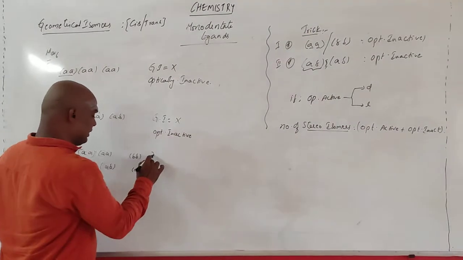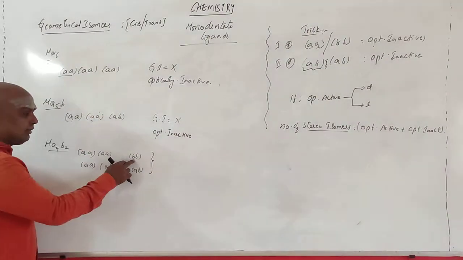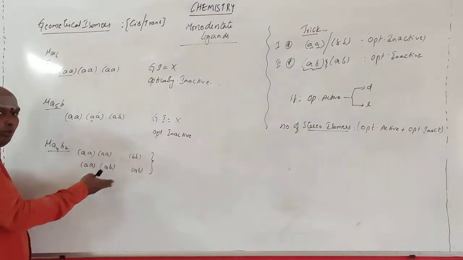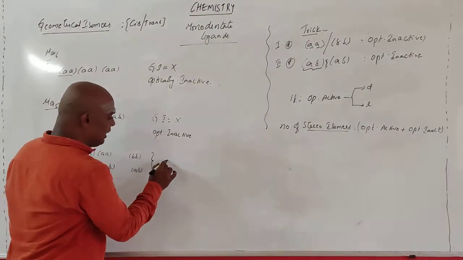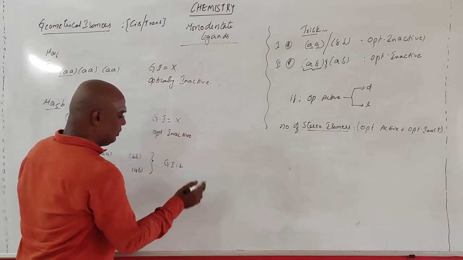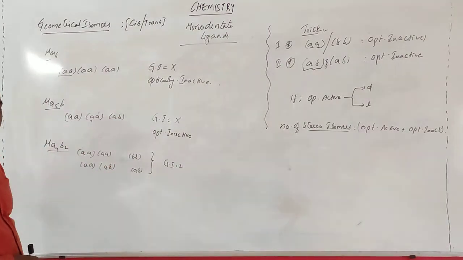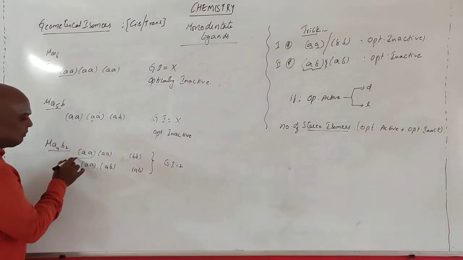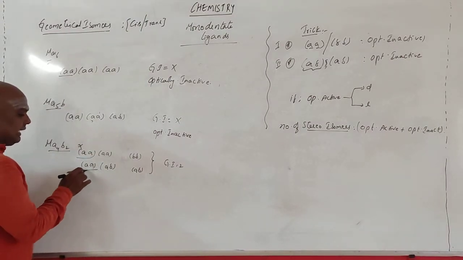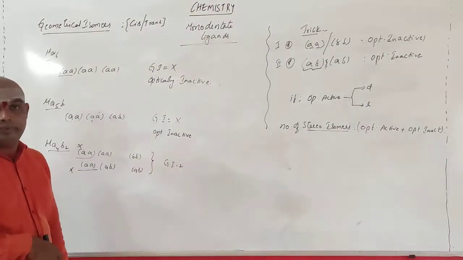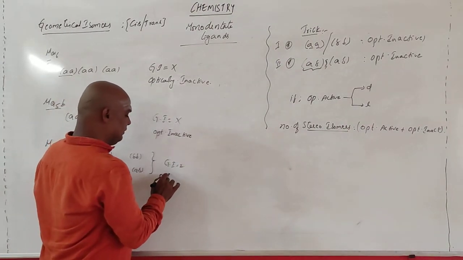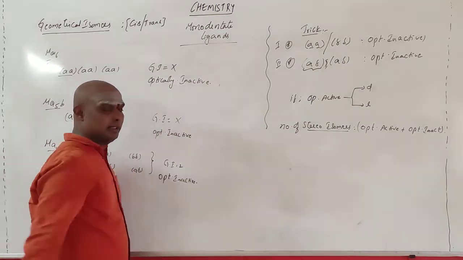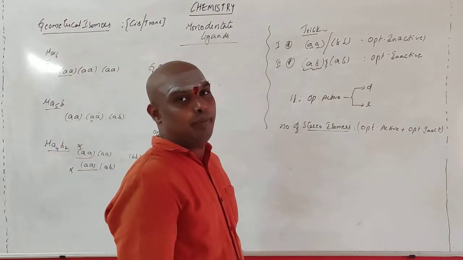So geometrical isomers. If we exchange this one with this one, what happens? It becomes AB. Same set will be repeated. So geometrical isomers are 2. Right. Optical isomers are present in this AA set present. So this is optically inactive. Then AA is present. Optically inactive. Right. Optically inactive complex. This is MA4B2 complex.